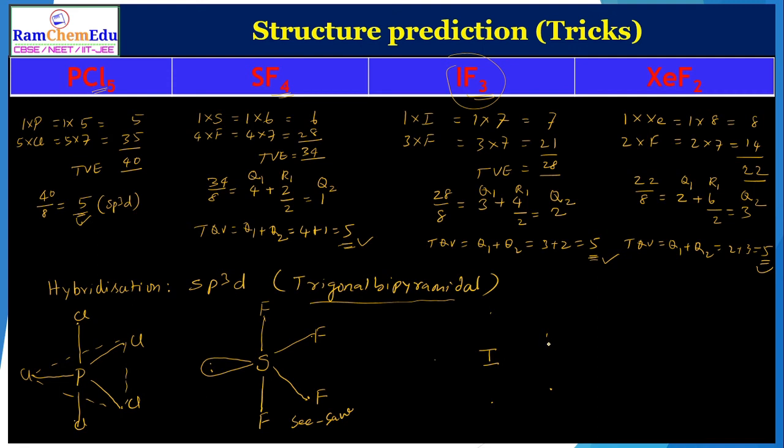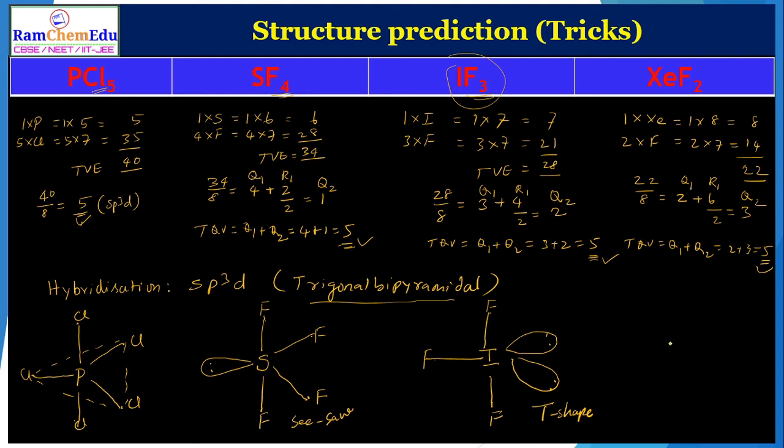As I said, the lone pair must be in the equatorial position whenever the geometry is trigonal bipyramidal. So I can fix these two as the lone pairs, and the remaining I can make bond pairs, so that I can put a bond. I can place the fluorine atom in that place. So this is the structure. Whenever we want to say the structure, we have to omit the lone pairs, as I said. If we omit these, it looks like a T shape, right? So the structure is T shape.